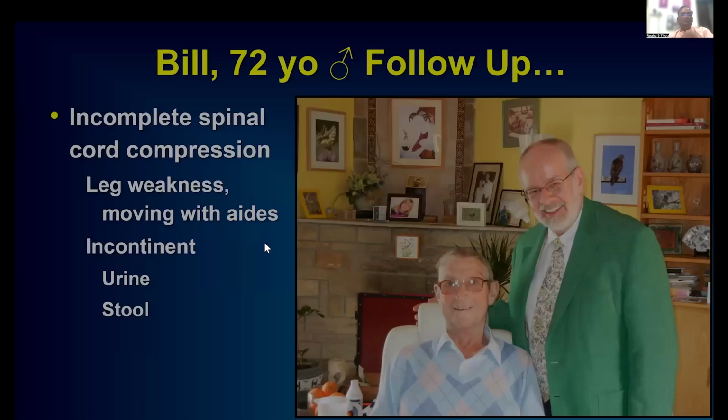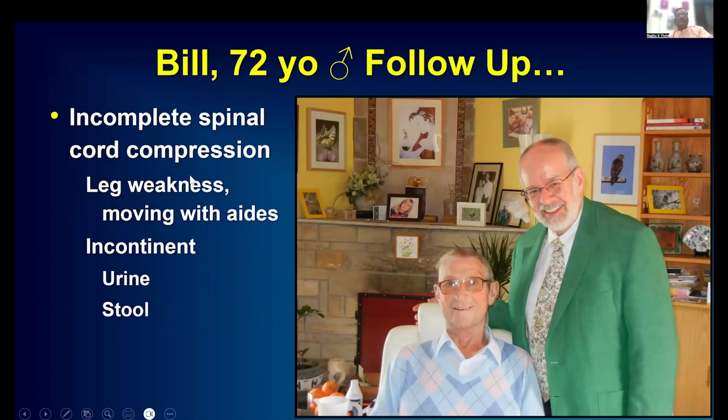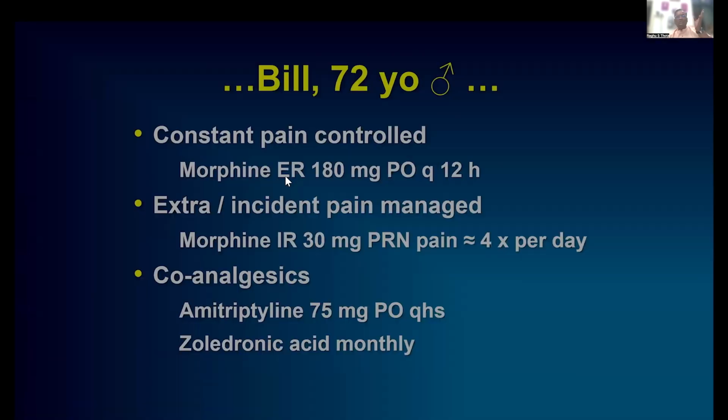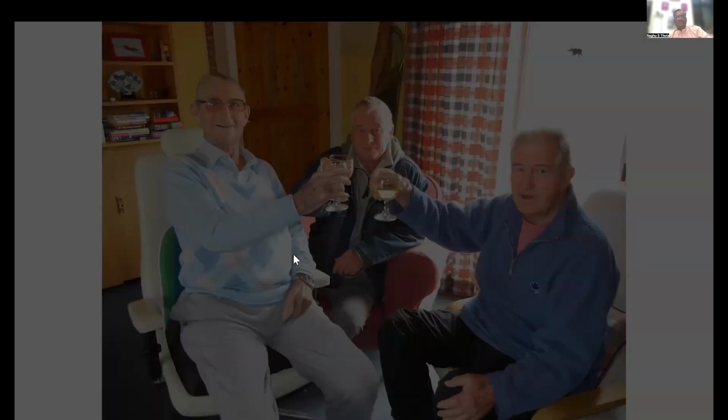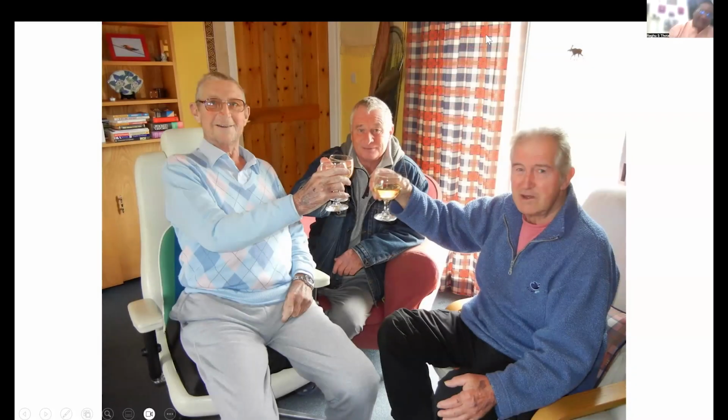So going back to Bill, he had incomplete spinal cord compression. He had leg weakness and was moving with aids. He had incontinence of urine as well as stools. His constant pain was controlled by 180 milligrams. His incident pain is controlled by 30 milligrams immediate release. And we have added co-analgesics also, amitriptyline and zoledronic acid monthly. When my mentor had a home visit, he was cheering with his friends. He opened up a wine and told them, please kindly, you can use my story for your teachings